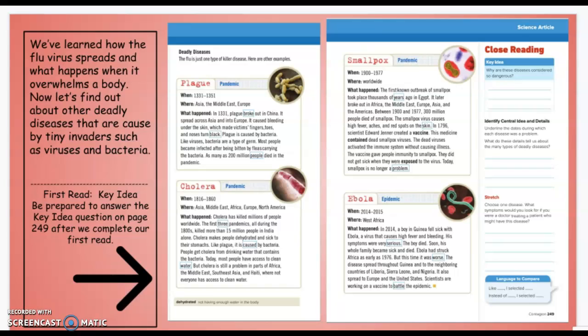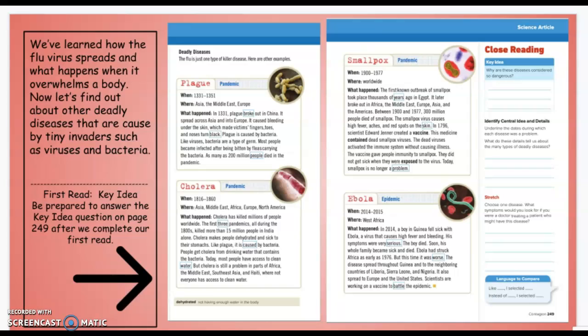So just like in our other assignments, our strategy is we want to preview that key idea question so we kind of know what we're looking for, and we'll be able to answer that question more thoroughly and with text evidence from what we've read. So you're going to answer this question: Why are these diseases considered so dangerous? Keep that in the back of your mind as we read, and we will look for those text evidence or those details that will help you do that. All right, so